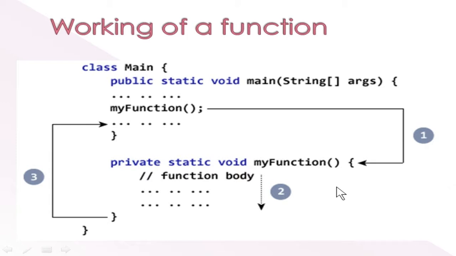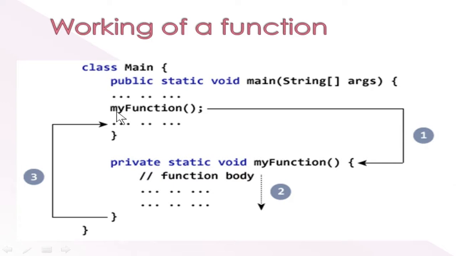Now we are going to see the working of a function. You will have two functions here. One is the main function, which is defined in all the programs, and you will have a user defined function which is used for some specific task. This main function you call the calling function, and this will be known as the called function. So from the calling function you are going to call the method by its name.